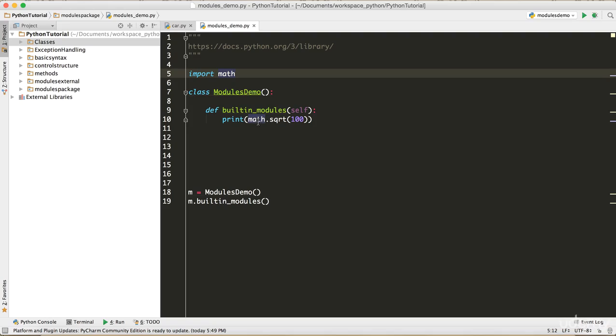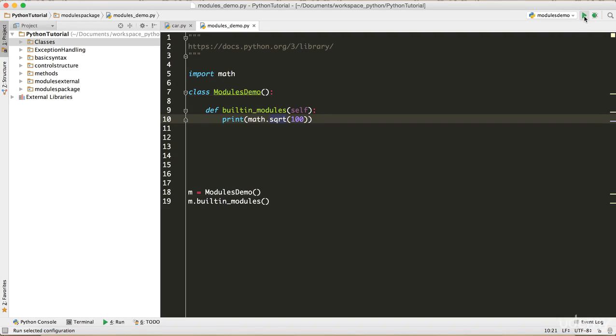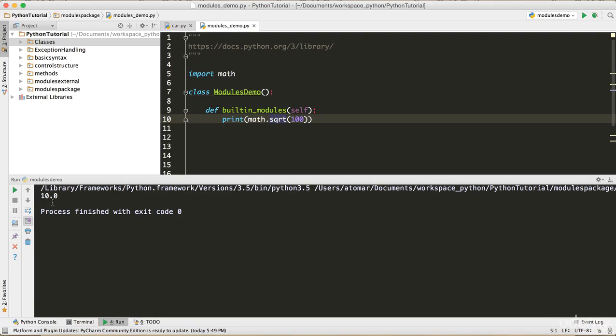How do we import it? How do we use it? Basically we just import the module name and then put the math module name dot, and then you're going to see all the functions available. Alrighty, so let's just run it. It shows us 10, right? That's pretty smart. It saved us a lot of work from implementing the actual square root function. It would have been too time consuming for us. So what we can do is simply import the module and utilize the functions.